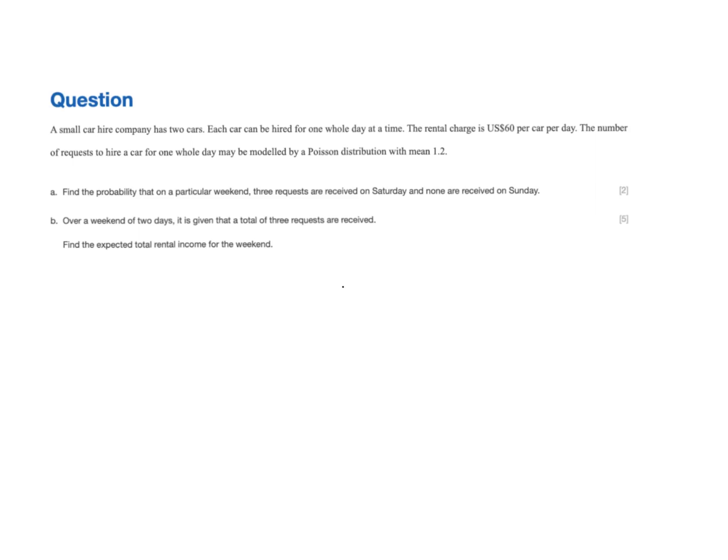Okay, so in answering part B here, we know that over 2 days, I could have 3 cars on the first day and 0 cars on the second. I could have 0 cars on the first and 3 cars on the second. Or I could have 2 and 1, or 1 and 2. And I have to look at each situation separately and then add up all the scenarios to get the expected